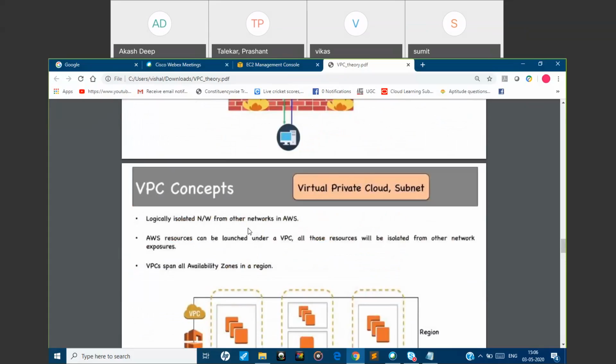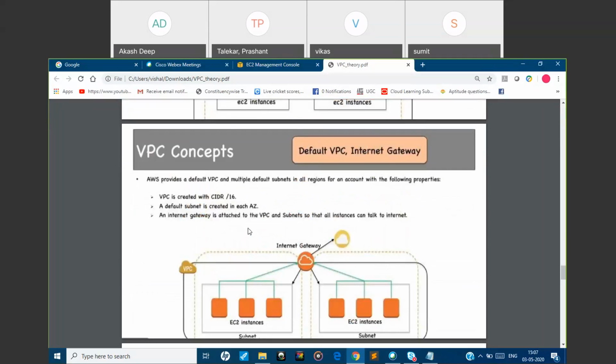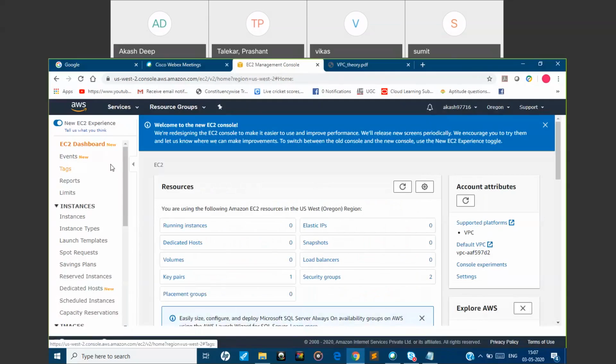One more thing I informed you yesterday: whenever you create your AWS account, AWS automatically adds a default VPC to all of your regions. AWS provides a default VPC and multiple default subnets in all the regions for an account with the following properties. If we go to the console and then to VPC,